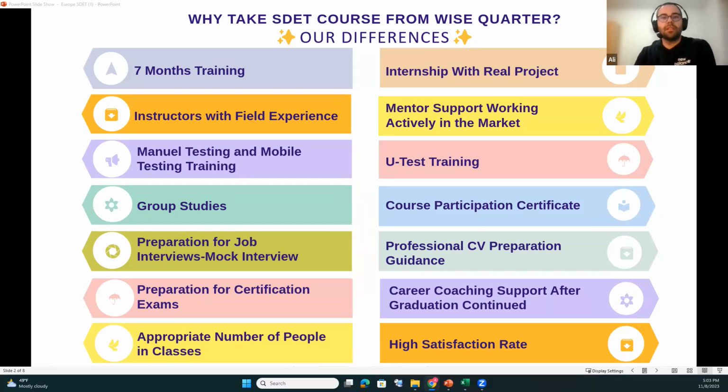Let me maybe start from scratch. What is QA? What do we do exactly? As a tester, what are we doing? A tester is basically testing all kinds of software. We are testing the backends, we are testing front ends. There are two types of testing, manual testing and automation testing, that you will learn in the course as well. Manual testing is basically testing the software manually, by yourself. You're not using any automation tool.